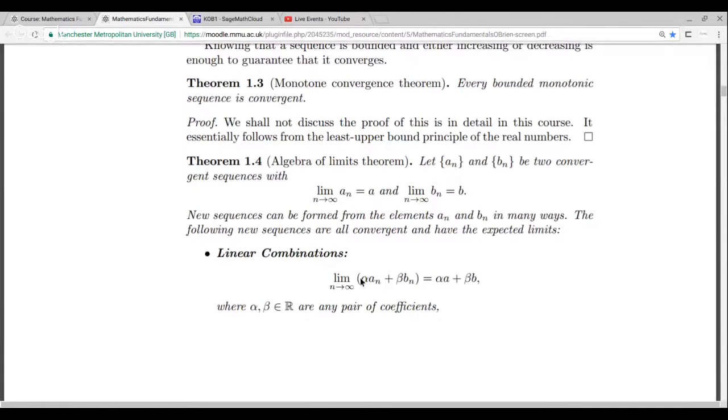So we have to demonstrate that the definition of convergence holds for this. What that means is, if somebody gives us a positive number epsilon, remember the positive number epsilon is the radius of this interval around the limit, we have to prove that there is some point after which all of these terms, alpha AN plus beta BN, live completely inside that interval of radius epsilon around the limit. And we have to be able to do that no matter what positive value of epsilon is given to us.